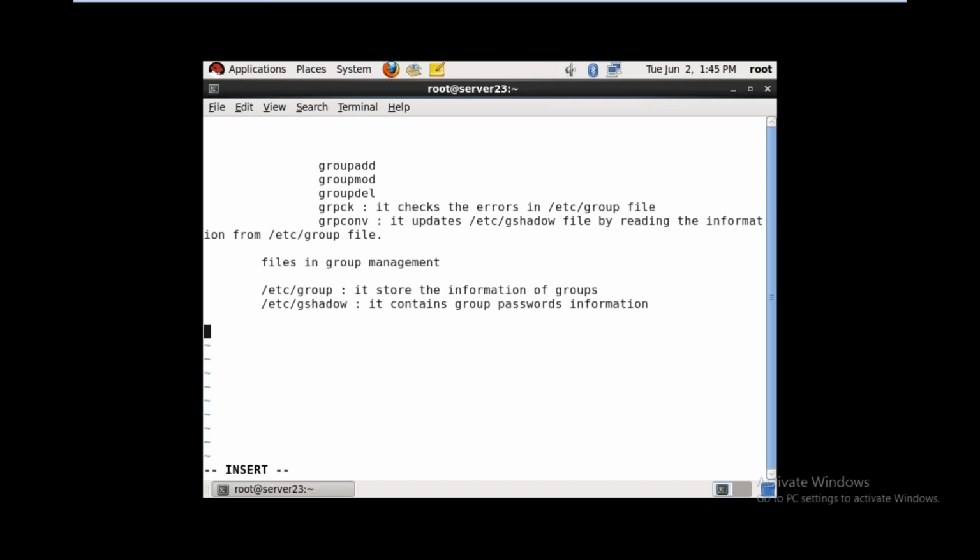Tomorrow we are going to discuss user management: creating and managing users in Linux, password aging of users, quotas of users, and monitoring of users.